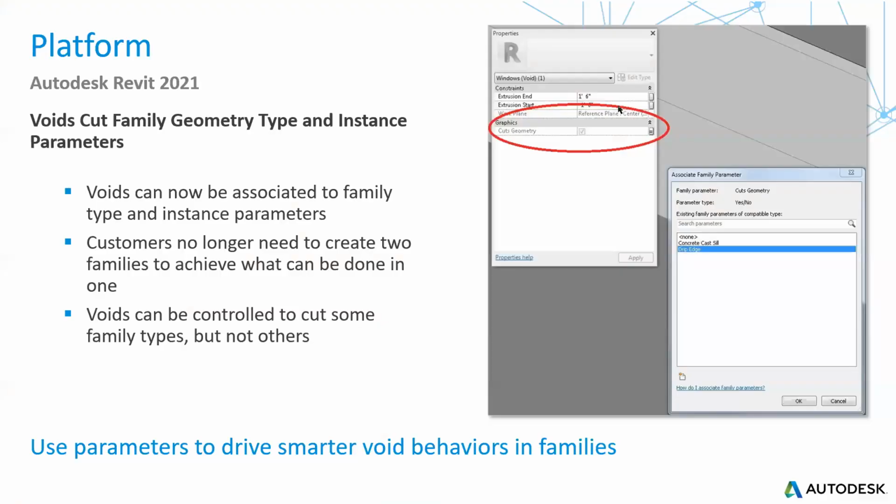Revit 2021 also gives us the void cut family geometry type and instance parameters. This is useful for us because voids can now be associated to family type and instance parameters. We no longer need to create two families to achieve what can be done in one. Voids can be controlled to cut some family types, but not others. So if we can have a look here,